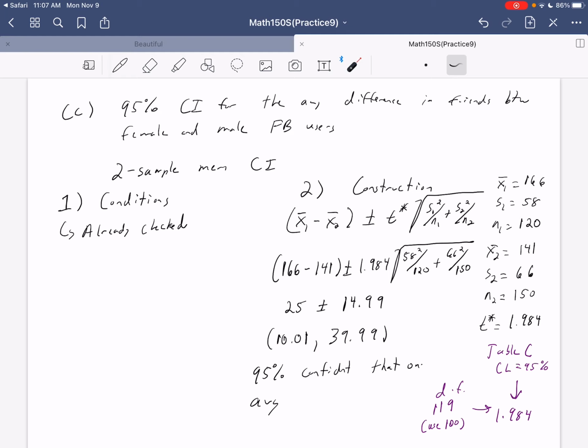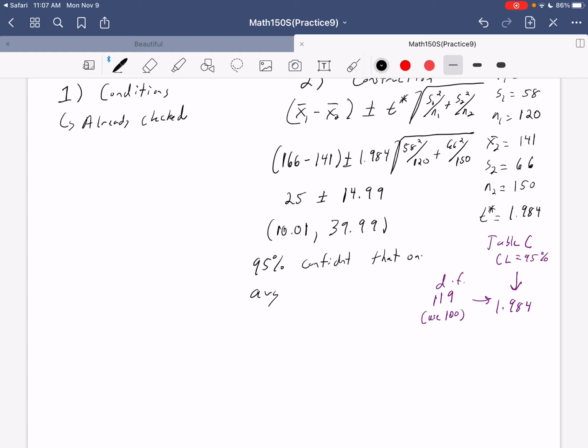So this tells us how many more friends, on average, female Facebook users have than males. So we can say 95% confident that on average, female Facebook users have between 10.01 and 39.99 more friends